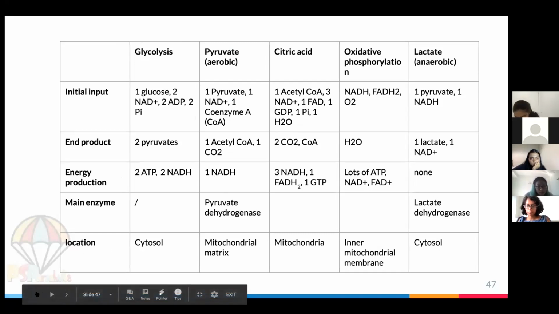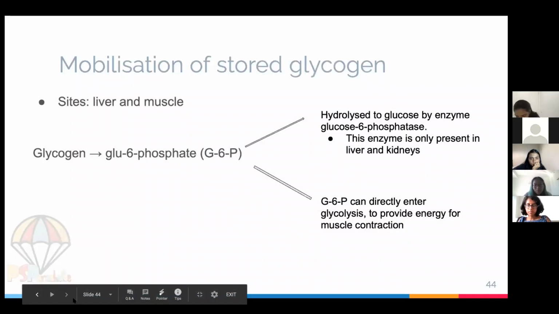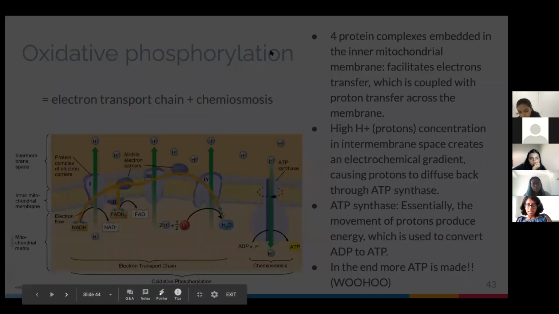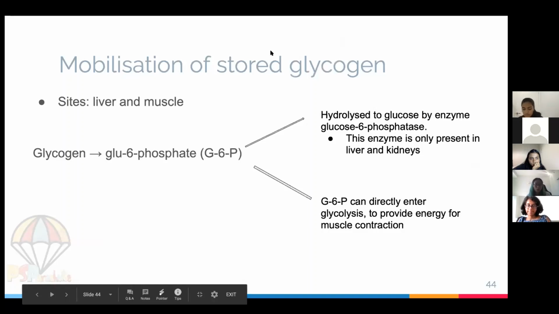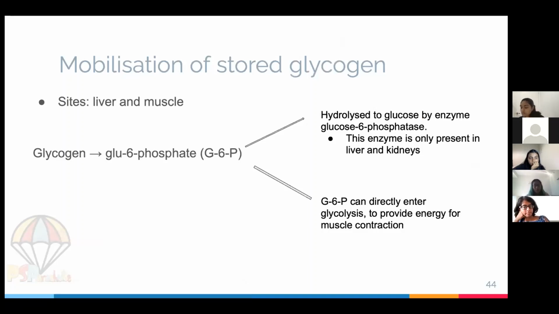Going back to my previous slides. Because we're still talking about glucose metabolism, right? On my first slide, I mentioned that humans can get glucose from food, or we can get glucose from glycogen that's stored in our body. So how that's done is basically